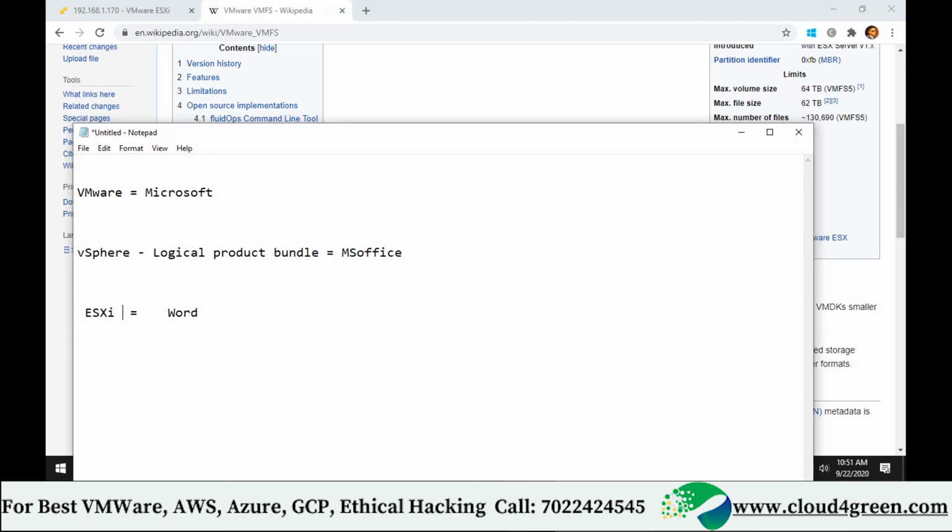ESXi is called a product inside vSphere. Microsoft is a company. Understood? Write down this. So if anyone asks what vSphere is, what is your answer? A logical product. We also use a word called suite. vSphere is a logical product suite.